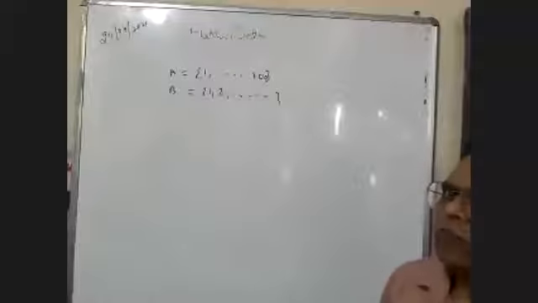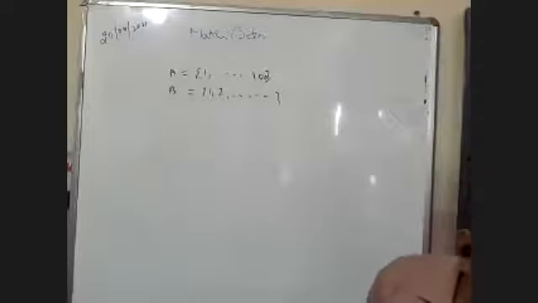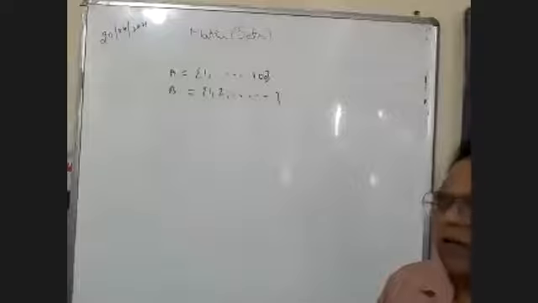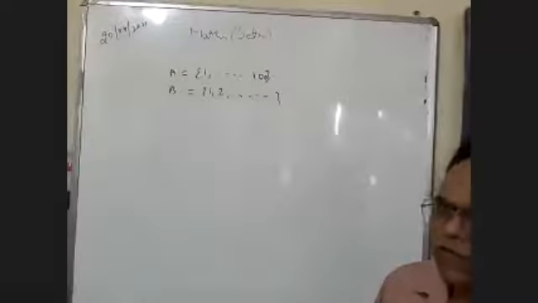If we know the end point, then it will be a finite set. Starting or ending point, we know, that set is called the finite set. In an infinite set, if we don't know either the starting or ending point, we cannot say how many elements are there. That is known as the infinite set.